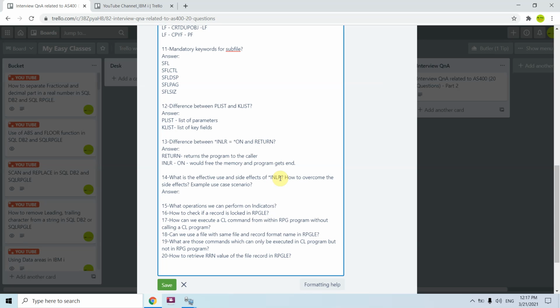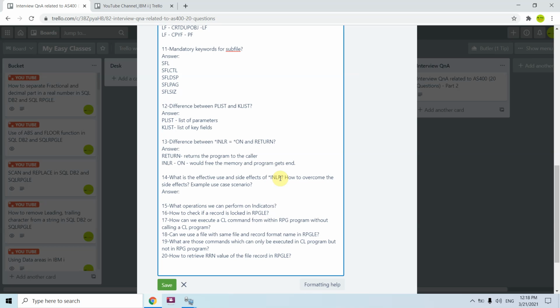Now for example, if I would not set this to on, means it is still off, then the program would be returned to the caller.